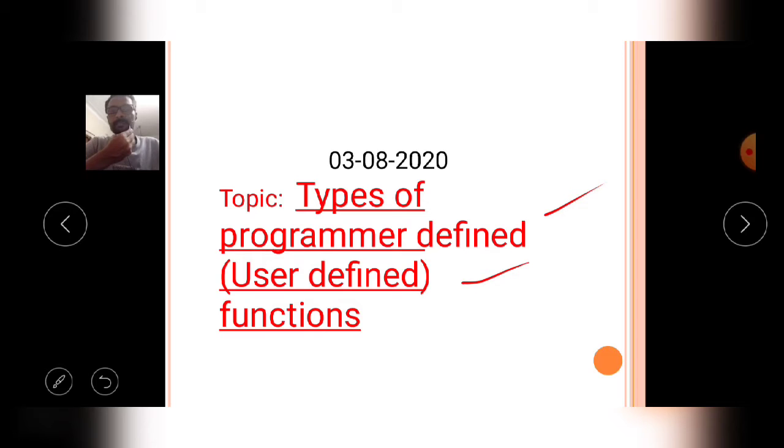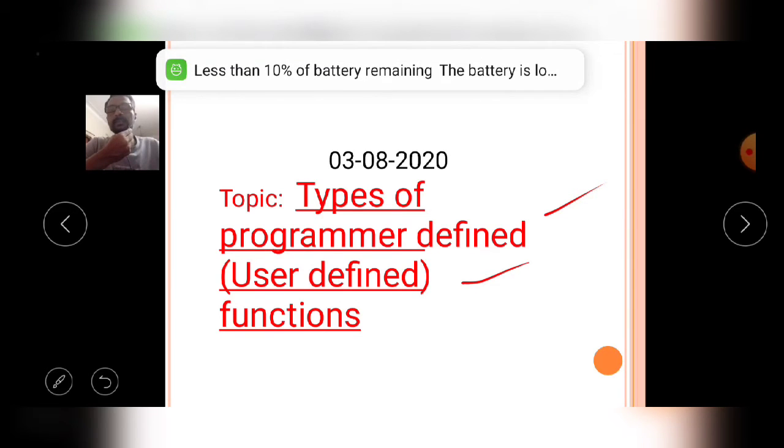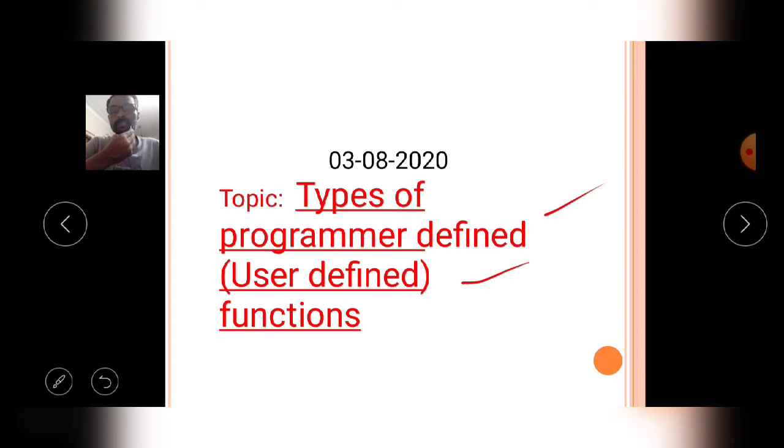When the caller function calls the user defined function, the control automatically moves from the caller function to the calling function, where it is executed continuously. Then the function call: wherever necessary in the caller function, the function is simply called with its name, and that is called calling of the function. These are all topics we covered in the previous class.